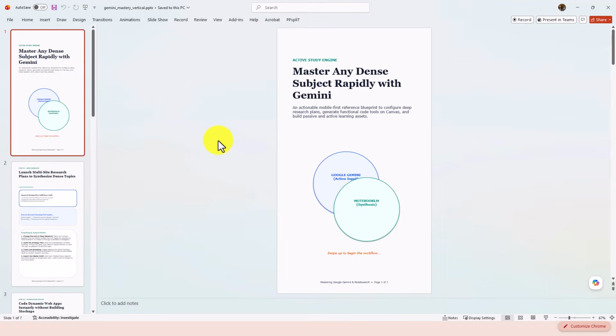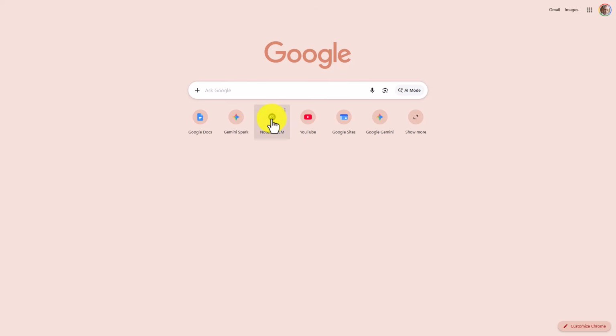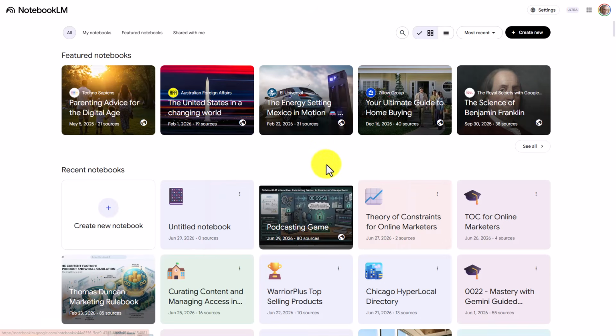We can use NotebookLM to create a vertical PowerPoint. And we can do it with the new features being rolled out to NotebookLM. We're going to start the process by clicking on NotebookLM. Assuming that you have content inside of a notebook and you want to turn that notebook into a PowerPoint, you're